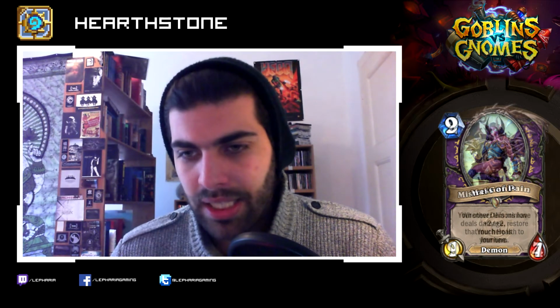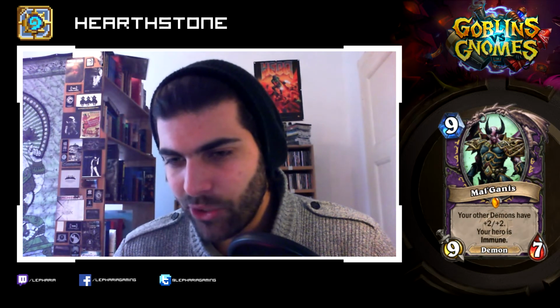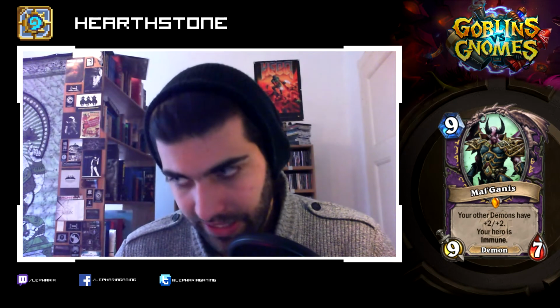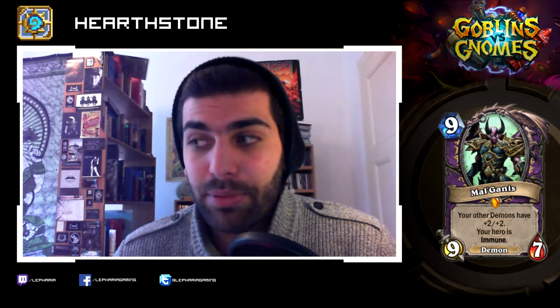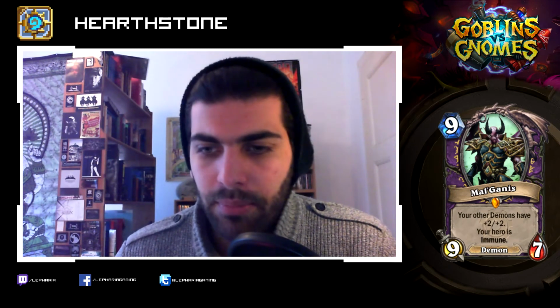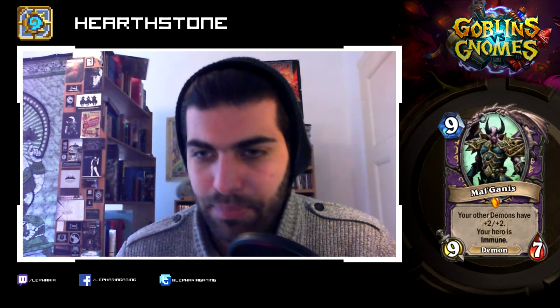And then we have Mal'Ganis, the legendary 9 mana 9/7. Your other demons have +2/+2. Your hero is immune. That thing I love. I want that thing for my handlock deck because it provides kind of a, I call it Kira type effect. Kira is another Magic card. Because your opponent has to kill that one before it goes for your face, and that buys you tons of